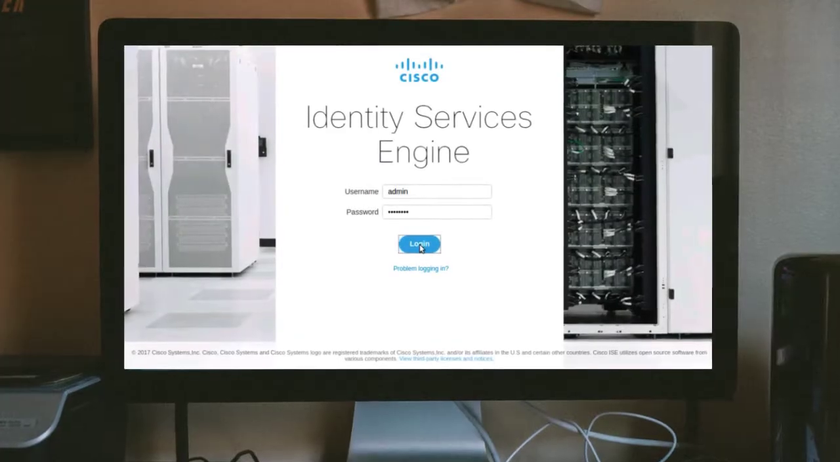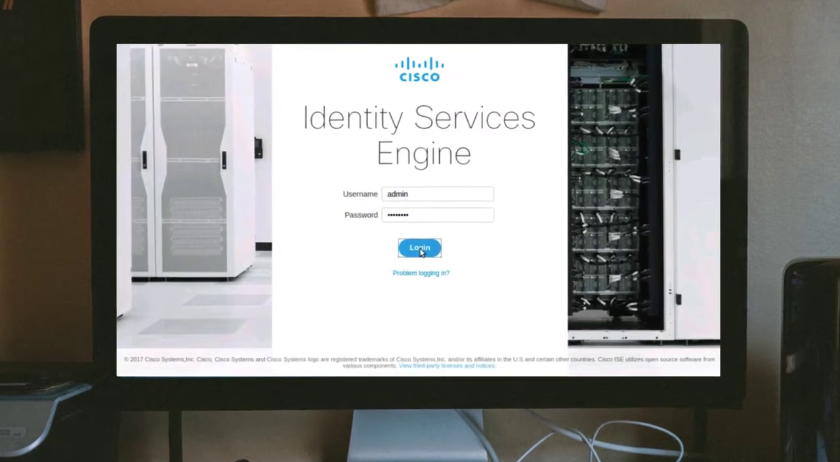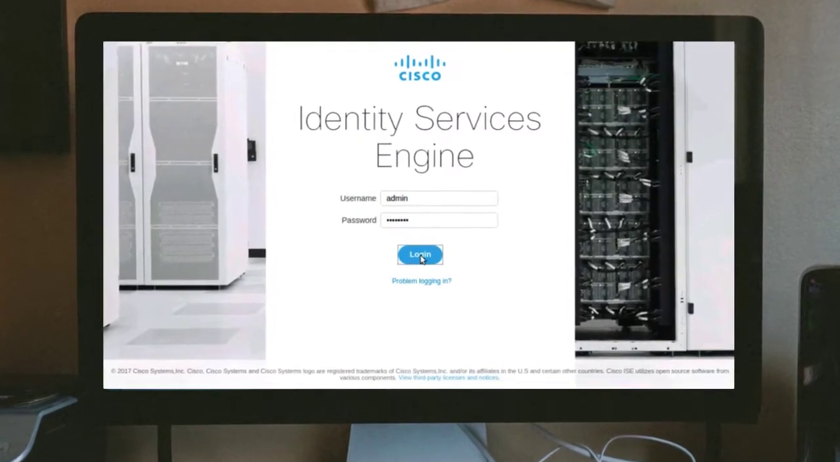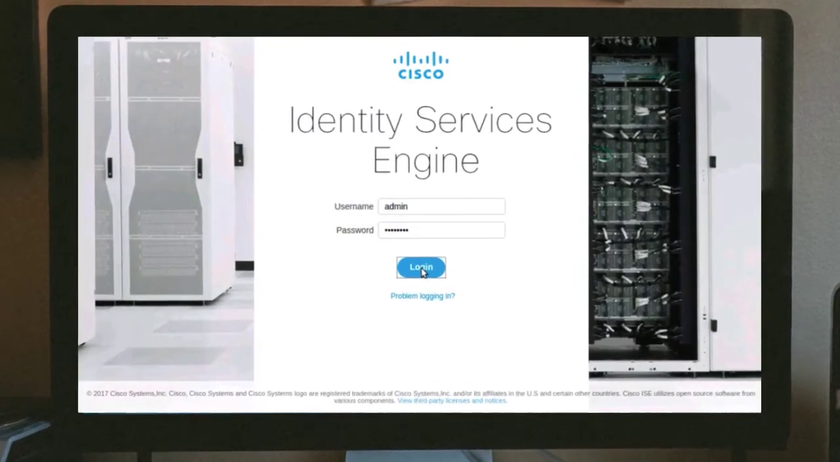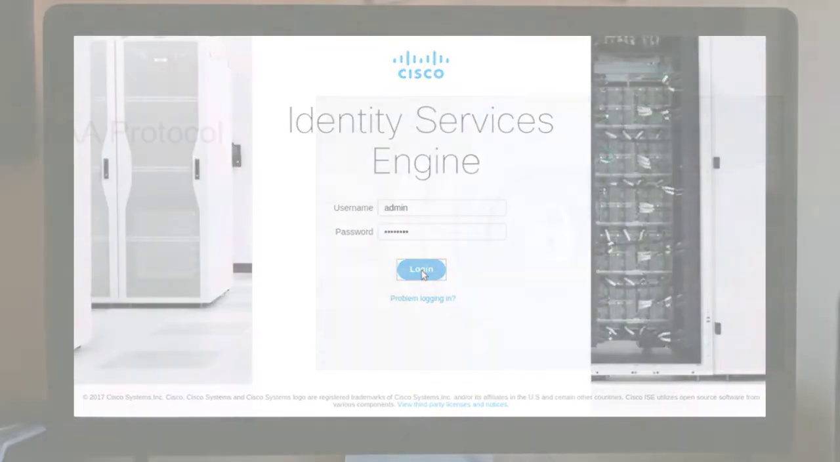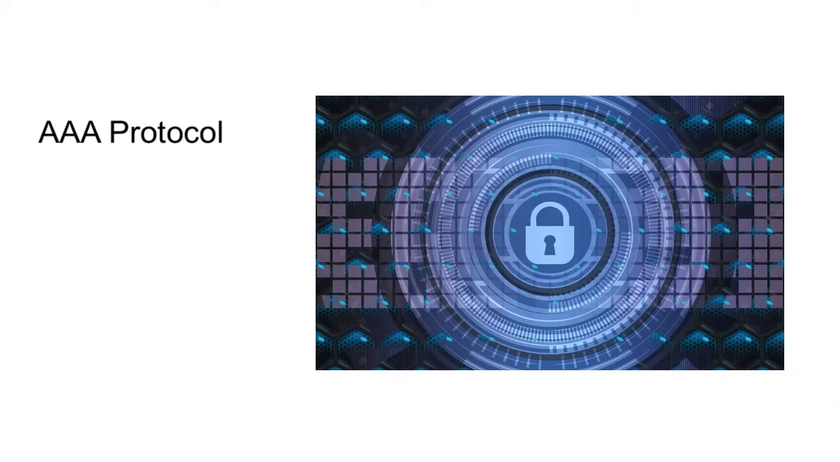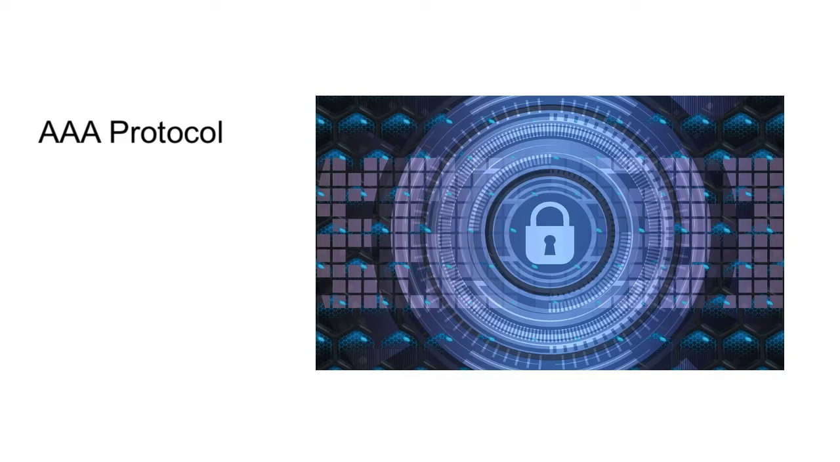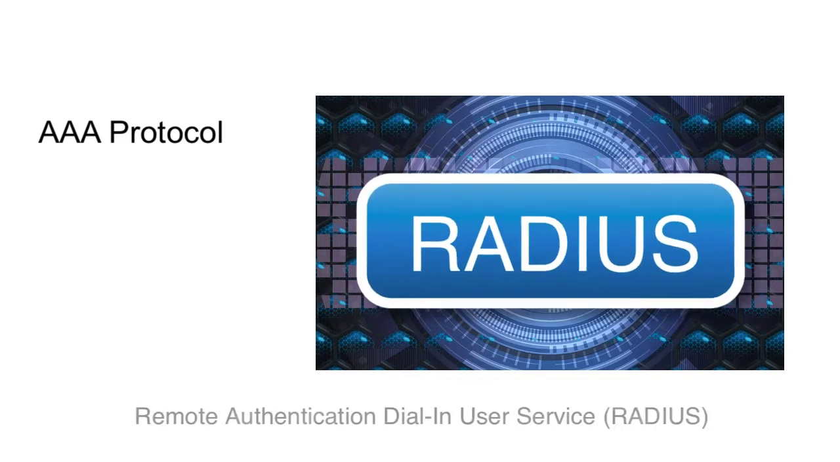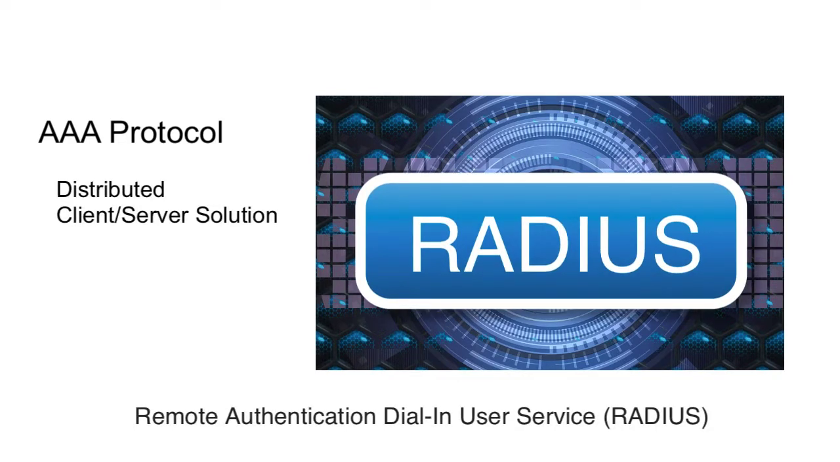Let's take a look at some functions available with Cisco Identity Services Engine or Cisco ISE. We'll start off by examining the two authentication, authorization, and accounting or AAA protocols supported. AAA is basically used to authenticate users, authorize what they can do when connected, and keep an accounting of what they're doing. The first AAA protocol is RADIUS, which is a distributed client-server solution designed to block unauthorized access to